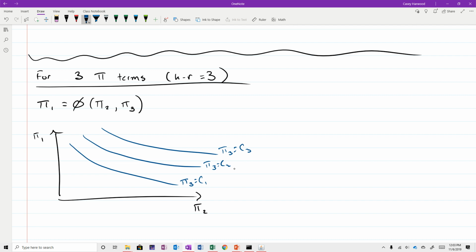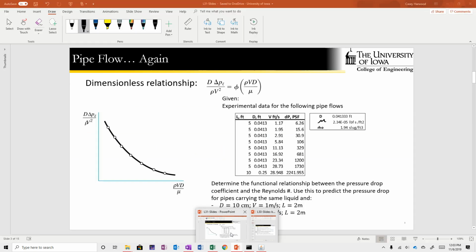you guys have probably already had to use this thing called the Moody diagram for Lab 3, or you've seen this thing called the Moody diagram. If we come back to our pipe flow example, again,